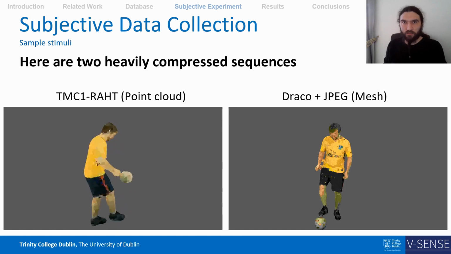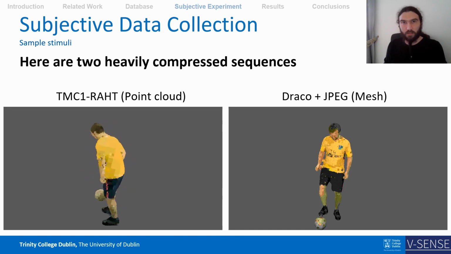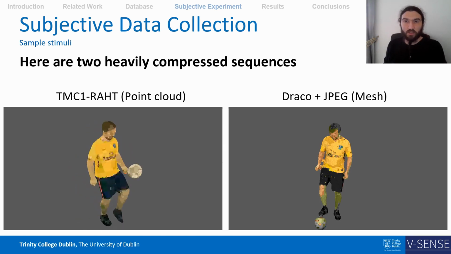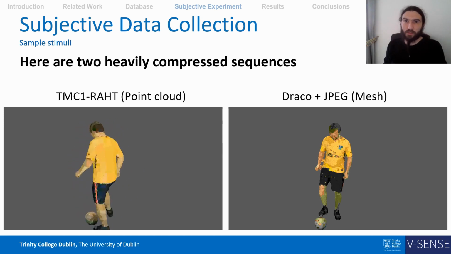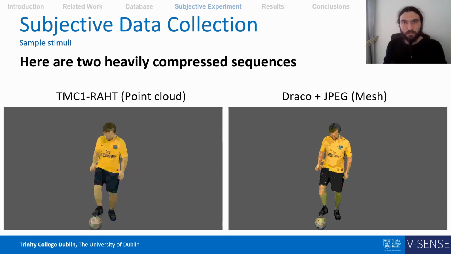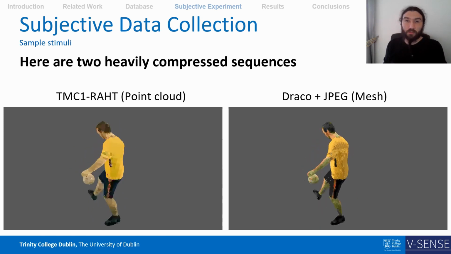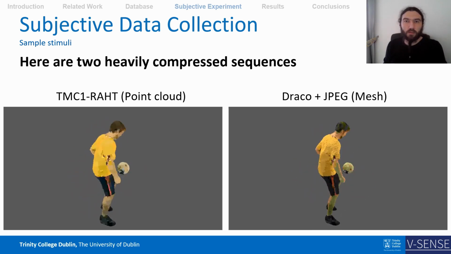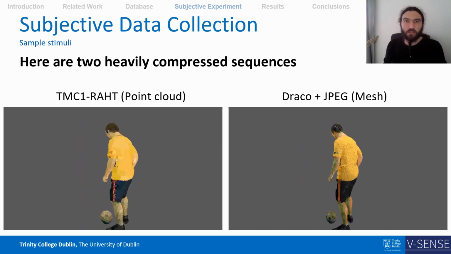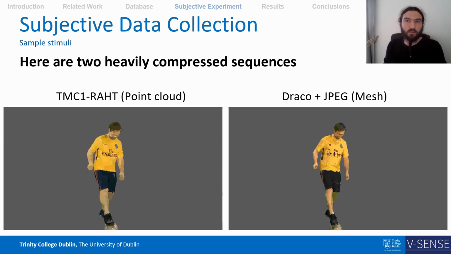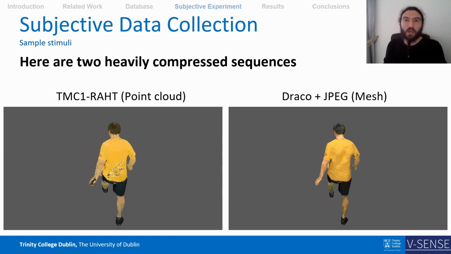The stimuli for the uncompressed sequences was shown at the beginning of this presentation. Here you see two samples of heavily compressed sequences. As you can see, to ensure that all parts of the volumetric video are seen by the participants, the camera was orbiting the volumetric video location. On the left, you can see the stimulus for the TMC1 RAHT case, and on the right, you can see the